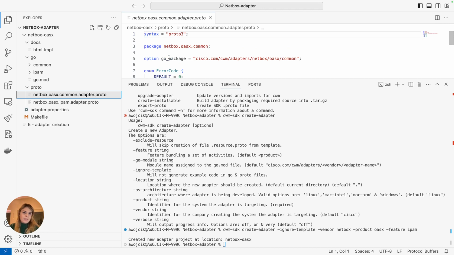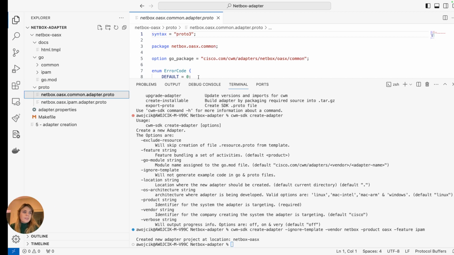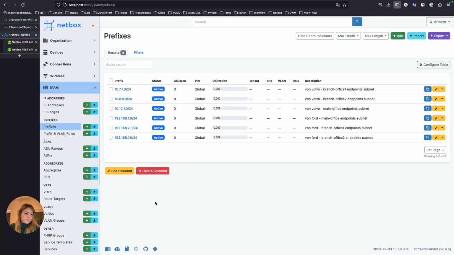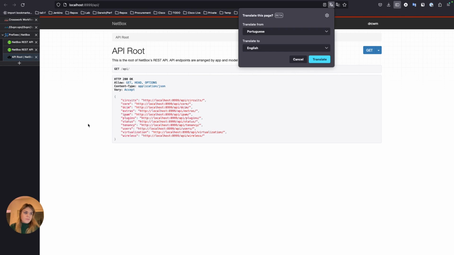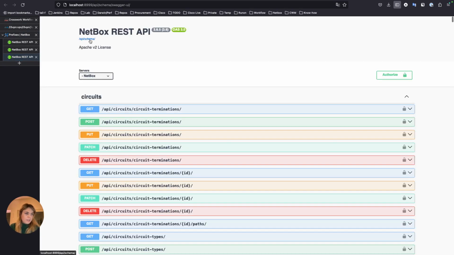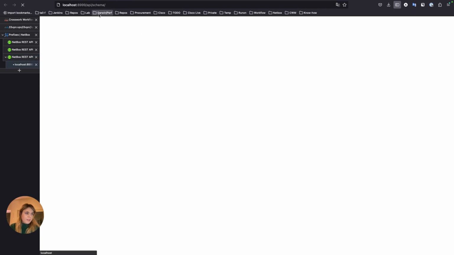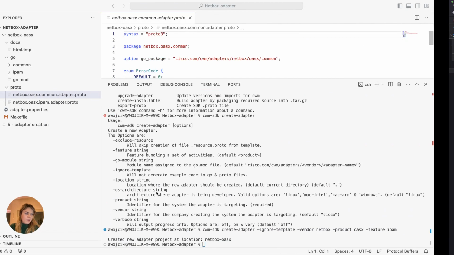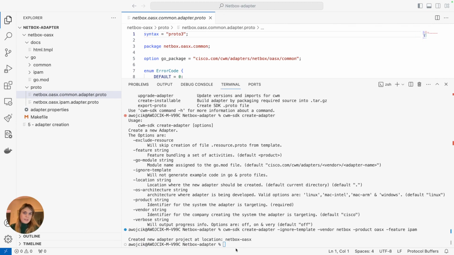The actual juice of this adapter will be generated with XDK, and here's how we do that. XDK will take an input data, a YAML file that we can find for OpenAPI products in their Swagger specification. So once I open it here I can see an API schema and download the schema YAML file. It's downloading, and I will be using this as a source, as an input for my XDK to generate the